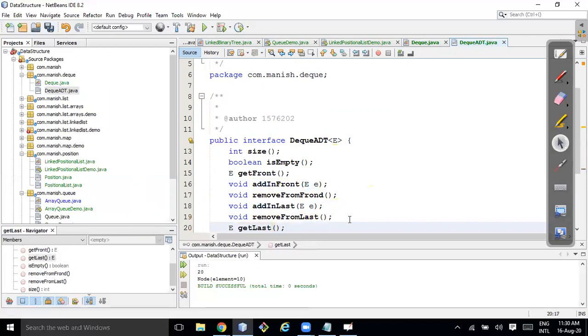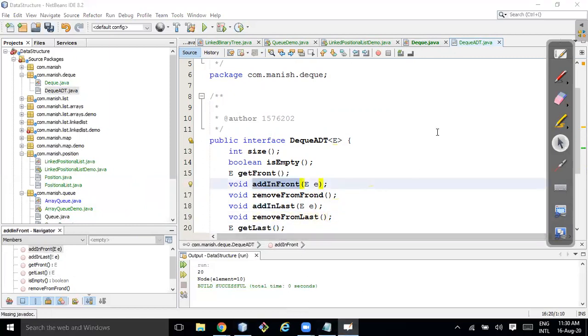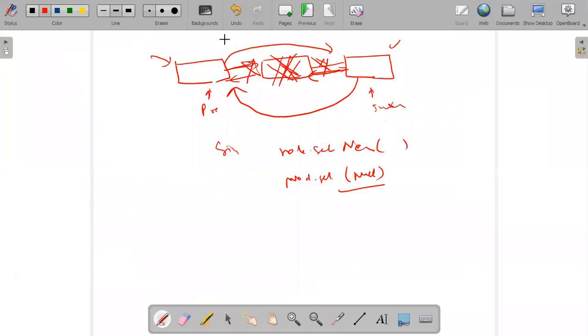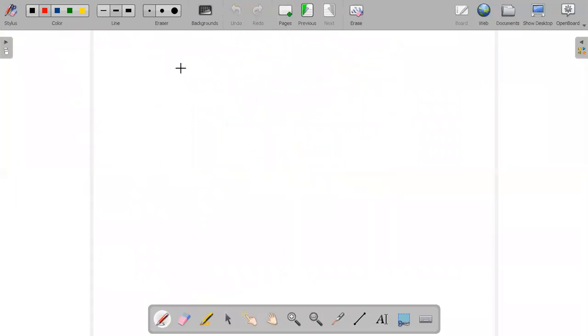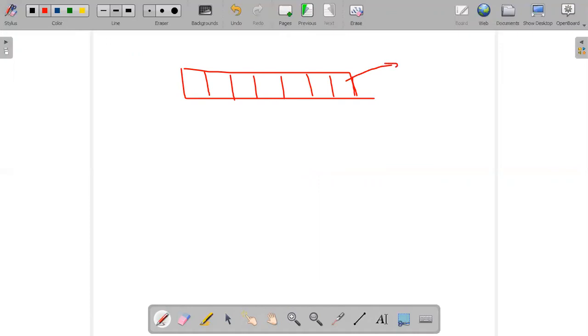So everything is covered, right? So if this is the doubly ended queue, and let's say this is front, add front will add it here.